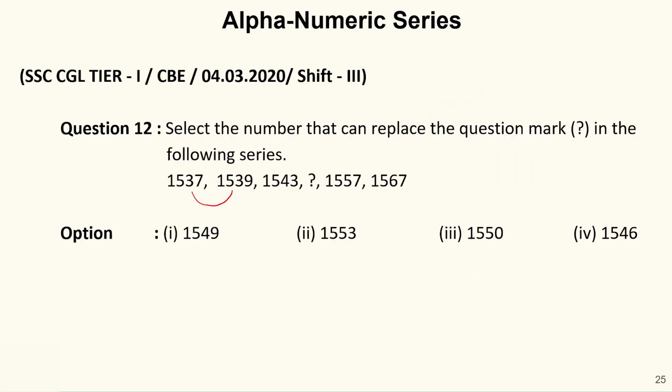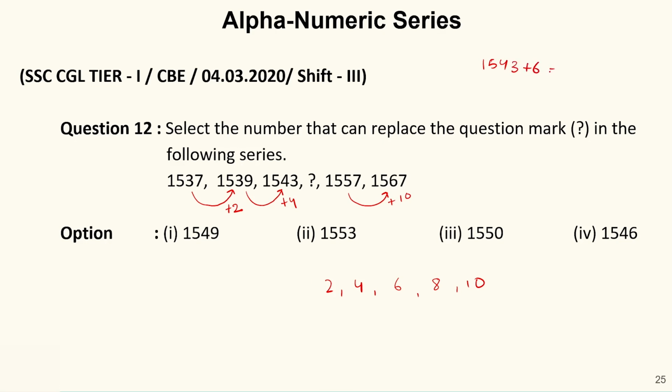Again, I can see that 2 is being added. Then I can see that 4 is being added. And from here to here, I can see that 10 has been added. So this looks like again an even number series to me. From 2, 4, then 2 terms are missing, 6, 8, and then we'll get 10, right? So let us try adding 6 to this. So if I add